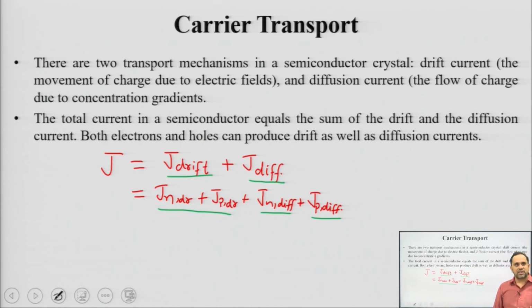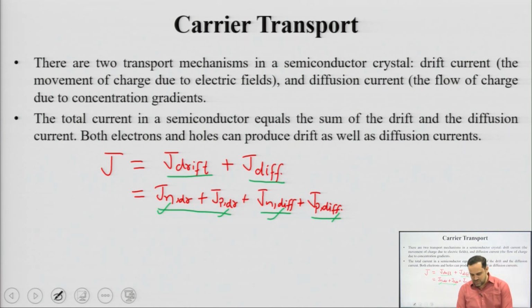So, in an N type device, only the electron drift and electron diffusion current may dominate, and the other two components are so small that they can be ignored. In a P type device, the hole drift current and the hole diffusion current can dominate, such that the electron current becomes negligible, and in that case you can ignore that current also. But if you want the complete value, you will include both drift as well as diffusion, electron and hole diffusion current, and electron and hole drift current also.